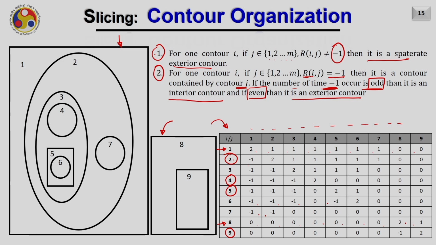So the circled contours here on the slide are the interior contours, while the uncircled contours here are the exterior contours. Number 1 is an exterior contour, that means there will be some material here. Also, as 2 is an interior contour, there will be no material. 4 is also a hole, basically does not have any material here. 5 does not have any material, and 9 also does not have any material. So this way you can organize the structures appropriately through a relationship matrix.